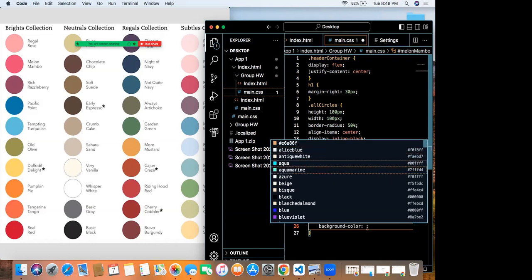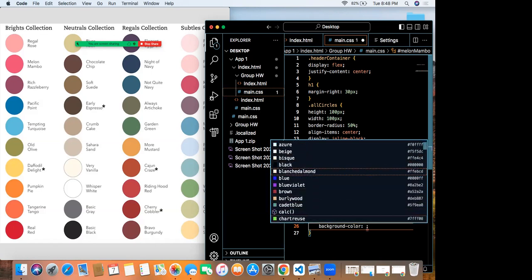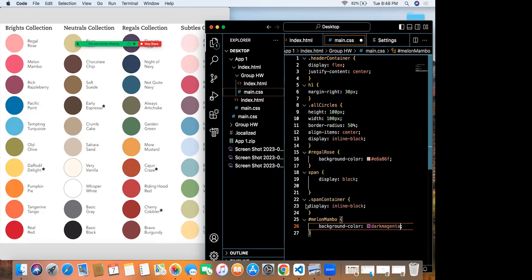I wonder how you make it pop up without scrolling? Probably type in, oh, dark magenta looks close, or no, does that not look good? I mean, we already don't have the right color. It doesn't matter. Also when you start typing, it shows you colors that start with the letters you type. Right, okay.